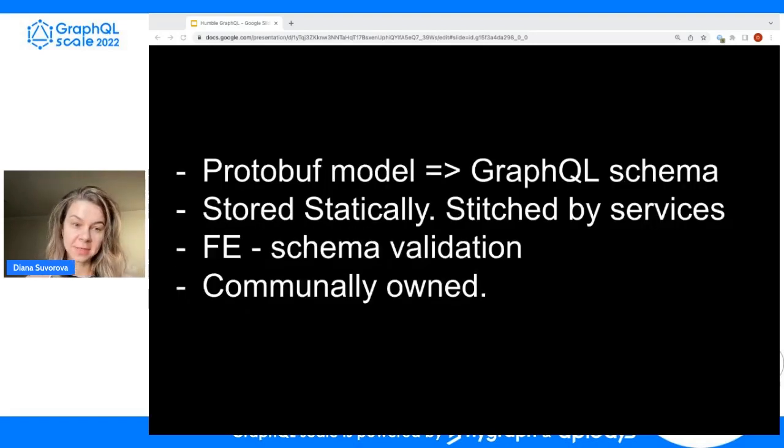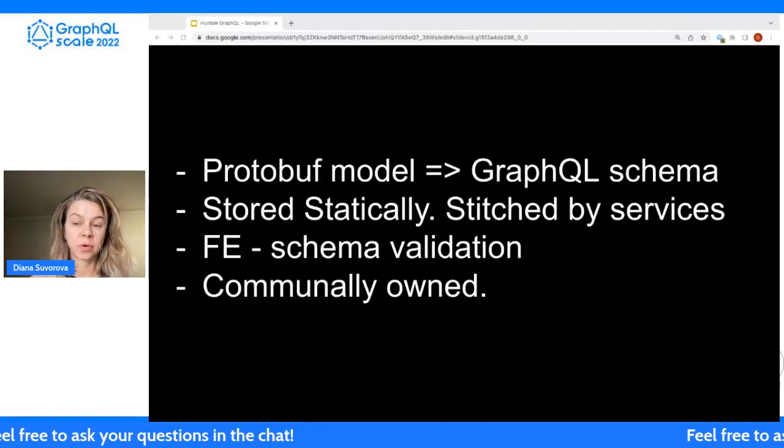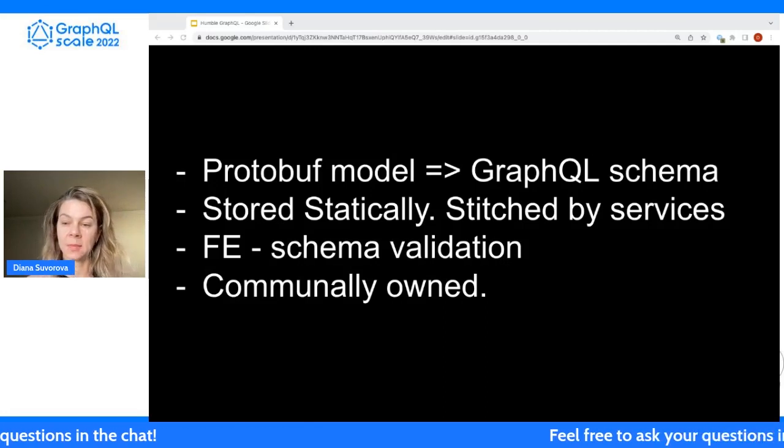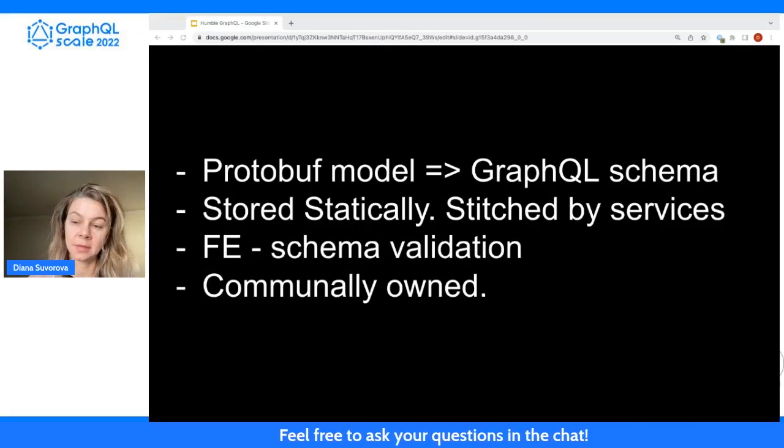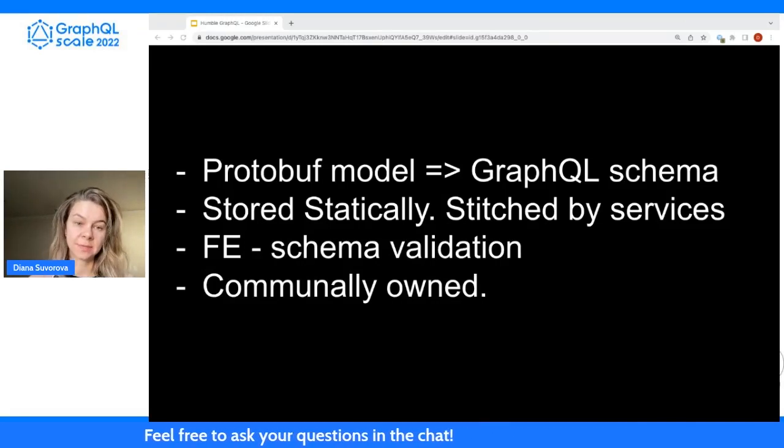Our schemas are generated as a one-to-one mapping to backend service specs. And we store our sub-schemas statically. There are no runtime GraphQL microservices, and each product team combines parts of the schema to create a runtime environment for each individual service.